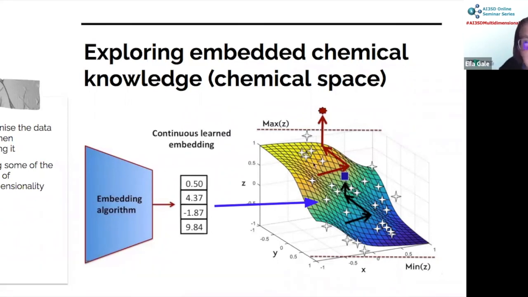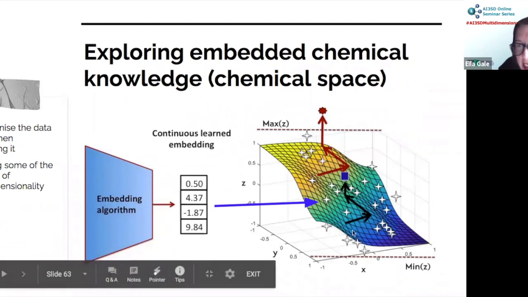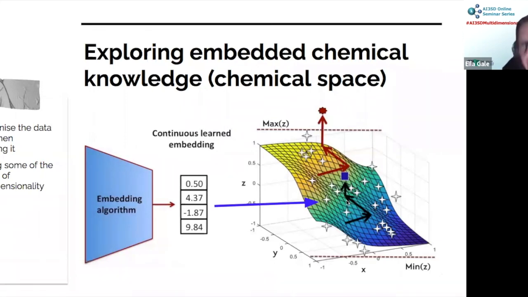So this could be, say, our good catalyst over here and our bad catalyst over here. So it does remove some of the problems of multidimensionality by clustering them on the manifold, okay? And the whole point of doing this is that once you figure out roughly where this manifold is, you want to explore it. So you've got this embedding, you want to start, say, this is a really good catalyst. You might want to explore around here, okay?